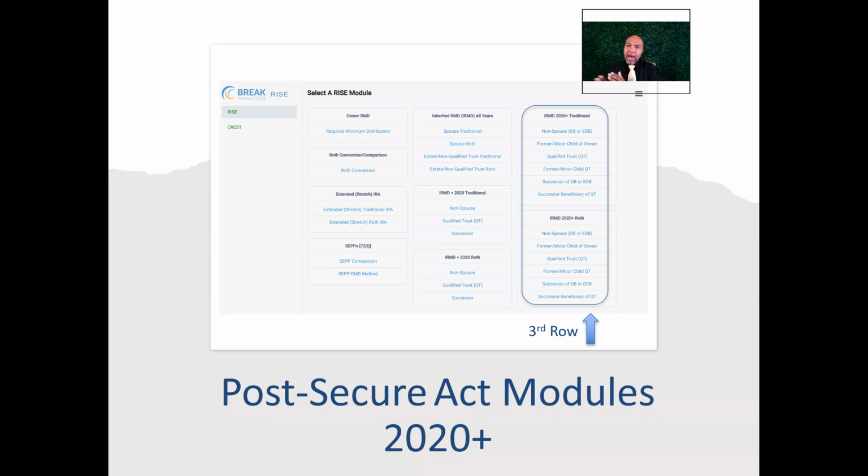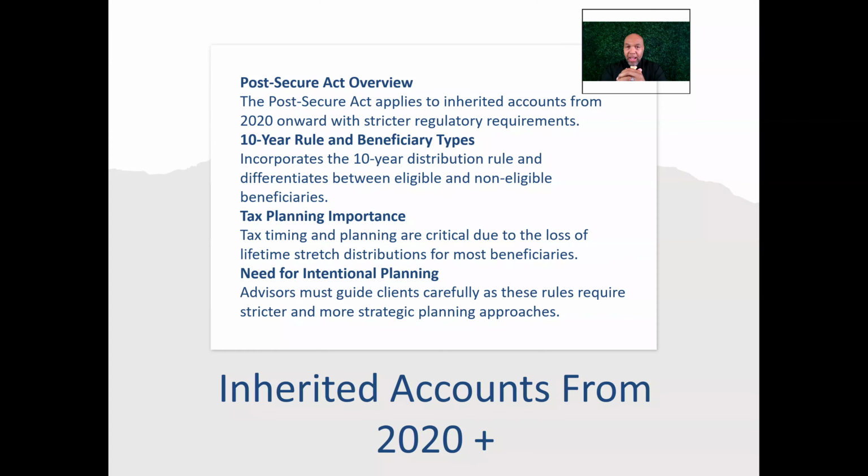That means that everything after 2020, these are the rules, or the present rules, applicable to these particular modules. And in the post-secure modules, what you have are primarily, I'll say commonly, you're dealing with a 10-year rule. There's other rules that are there, but very commonly that 10-year distribution rule differentiates between your eligible and your non-eligible beneficiaries. This is beneficial for tax timing and planning, and these things are very intricate because the timelines are